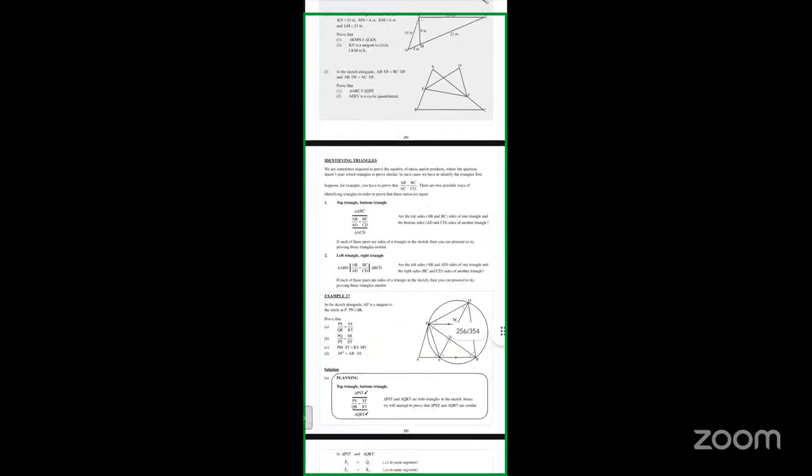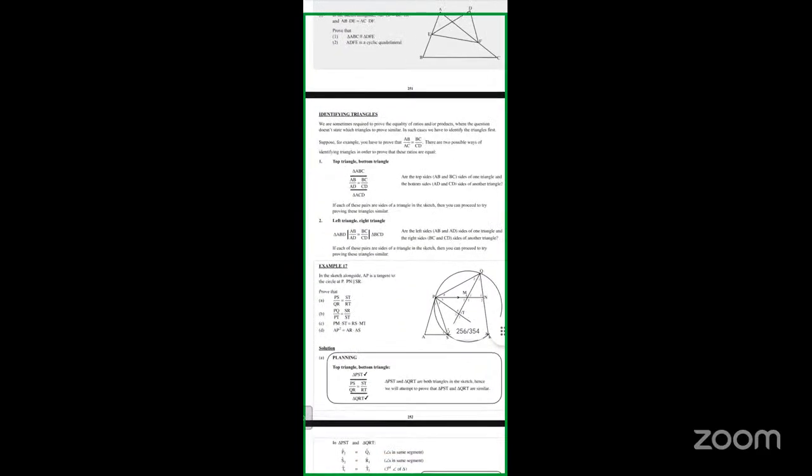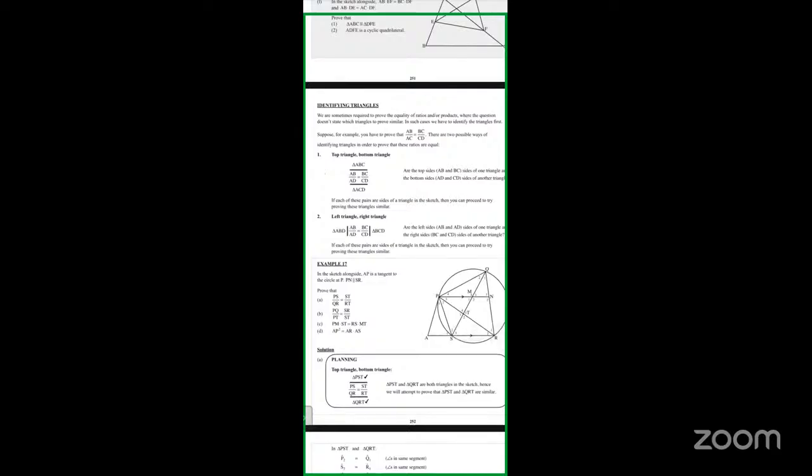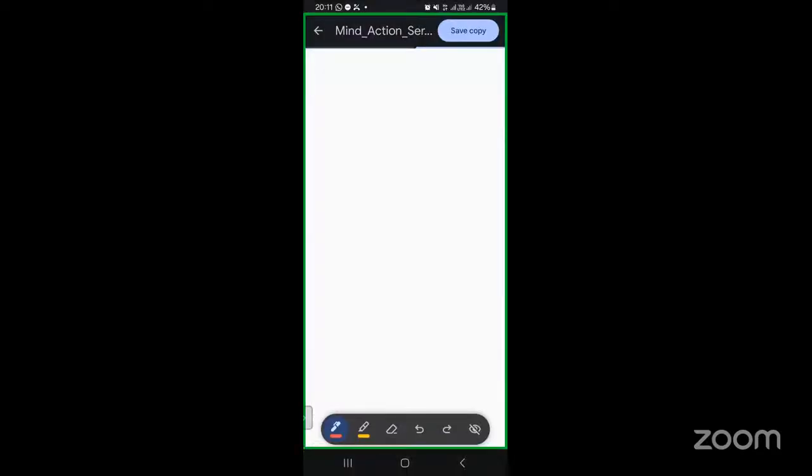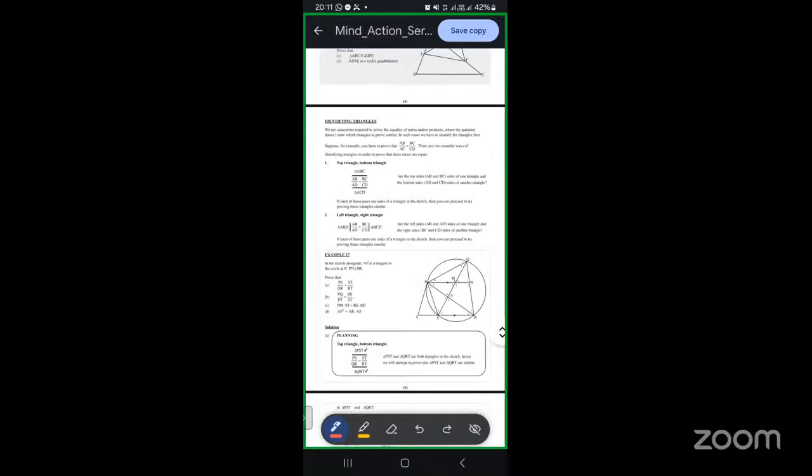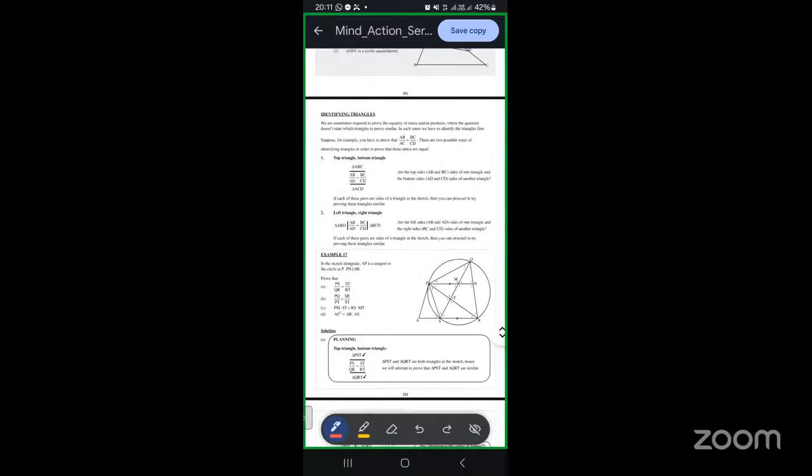We can just quickly go to this part of identifying the angles, where they are saying we are sometimes required to prove, for example, equality of ratios. Maybe sometimes you have to prove CD. Okay, then let's see what do they say here. They are saying when